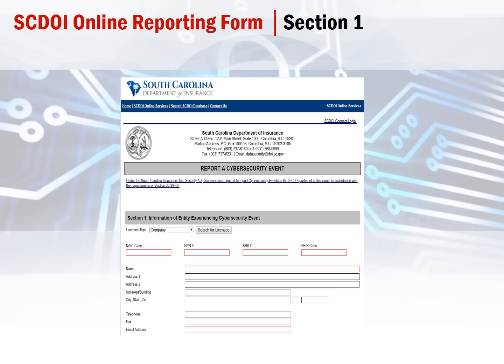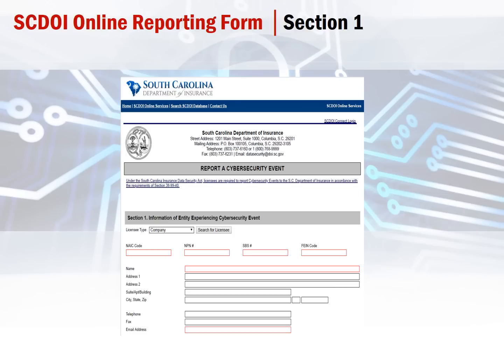So we would like you to fill out as much information within 72 hours as you are able to provide, but the red boxes will indicate the minimum required information. And you'll see as we walk through it that it's probably not as much information as you think, at least right away. The point is that we want you to notify us of an event so we can get in contact with you and work through the process with you.